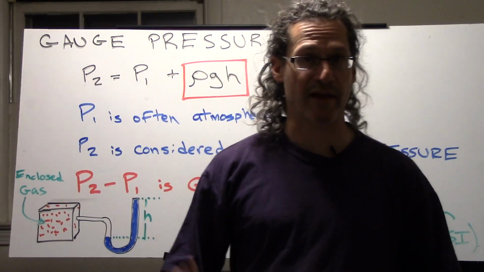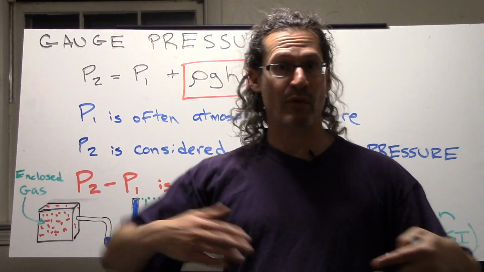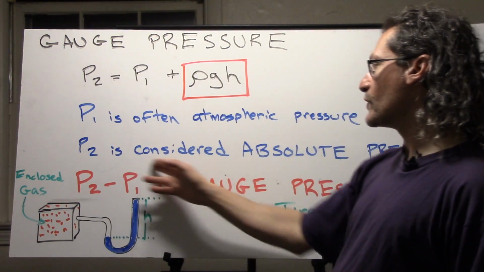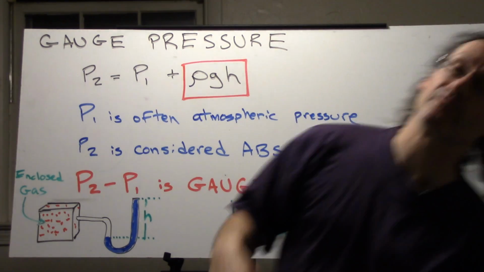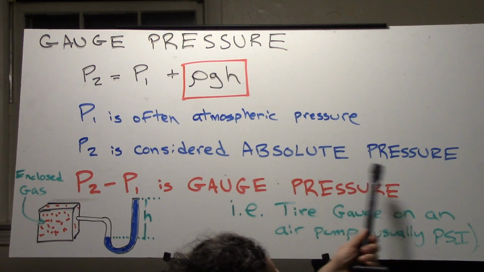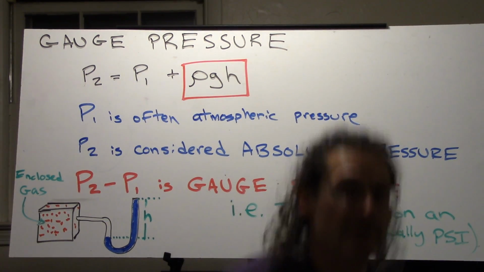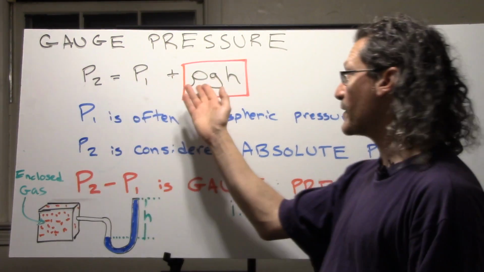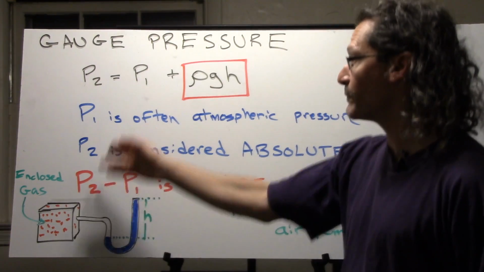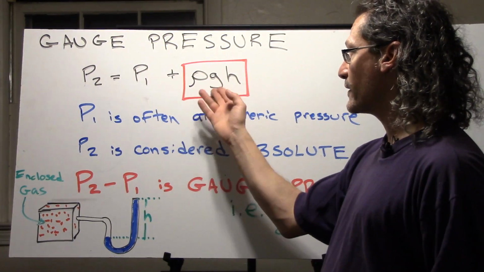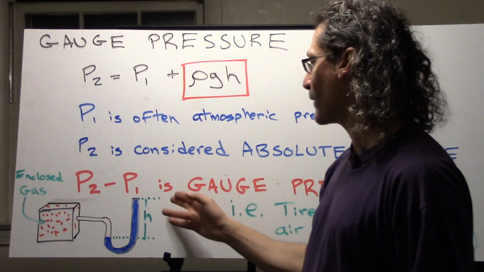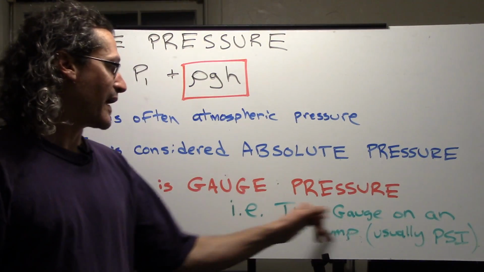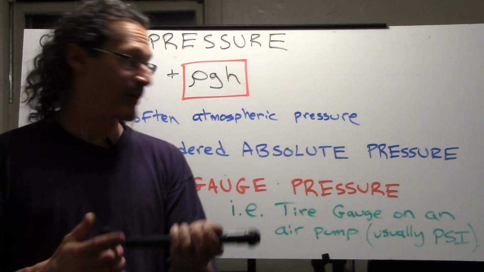So we saw that modeled actually in the last video as well with the floating box and atmospheric pressure on top of it. P2 is considered to be absolute pressure, okay? So absolute pressure over here is, well, the addition of atmospheric pressure in most cases, plus something called gauge pressure. So the difference between the two, we saw this for this quantity over here, we have P2 minus P1. That's called gauge pressure. So that would be what the tire gauge on, let's say, an air pump would read,